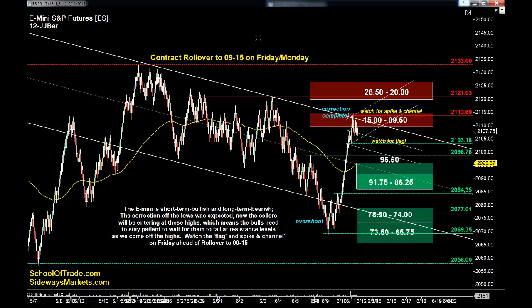Okay, Bears, you guys have a little bit of the edge right now because of the correction, and it's going to need a bigger correction. So Bears, sell those retracements. Bulls, look for those areas of resistance and wait for those bears to fail, and that's going to give you your best bet to keep buying this sucker. And if you see the flag or you see the spike in channel, hopefully you'll remember what I said. It's going to be lazy.